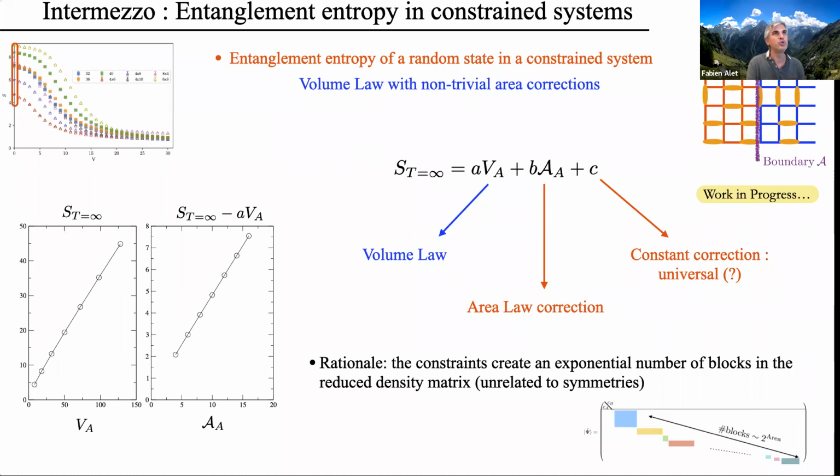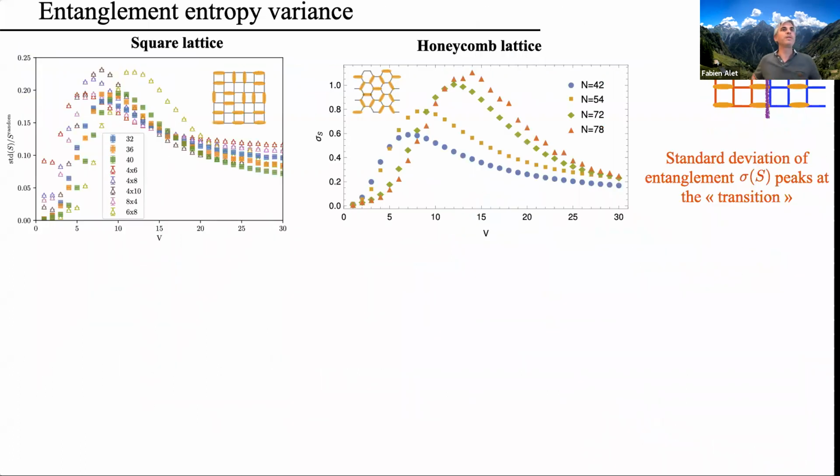So let's go back to MBL. So far we have spectral statistics, we have entanglement entropy. We can do a bit more. We can look not only at the mean value of the entanglement entropy, but also at the full distribution. In particular, it has been realized in one dimension that if you look at the variance of the entanglement entropy with respect to disorder realizations, different types of eigenstates, and also you can play with a cut, which we didn't do here,